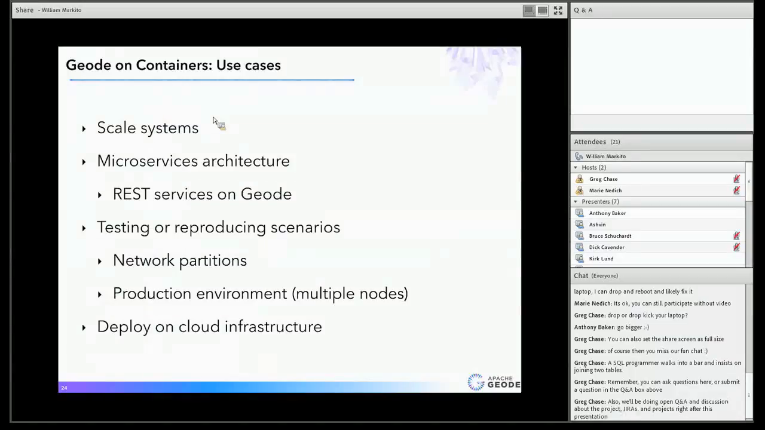So Geode on containers. There are many use cases that make it interesting for Geode. Since Geode is pretty much designed to scale, and containers as well, they make a good fit because if you have a microservices architecture, or you want to scale those applications or services running on containers, it's fairly simple to do that. Also, if you want to test or reproduce some production scenarios, for example, network partitions,